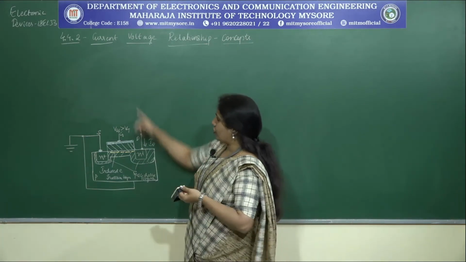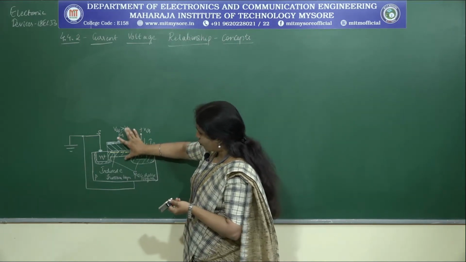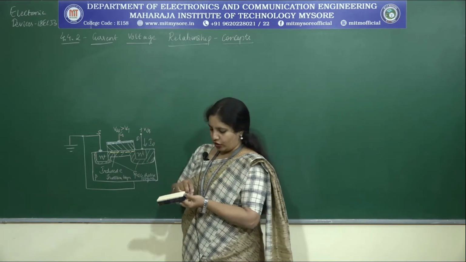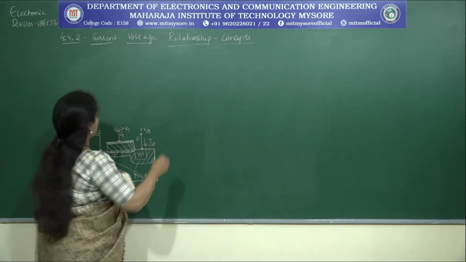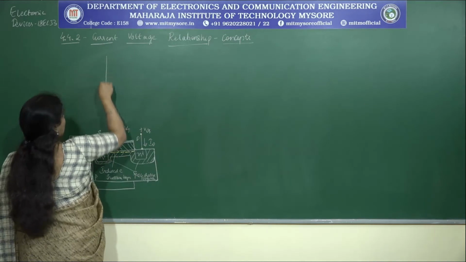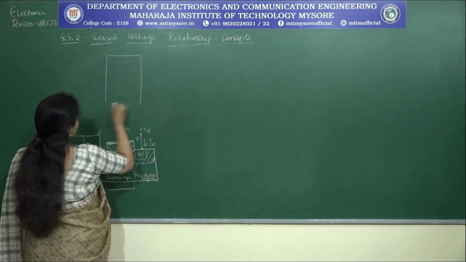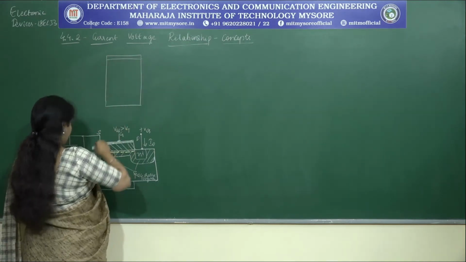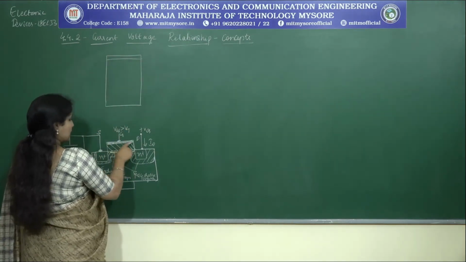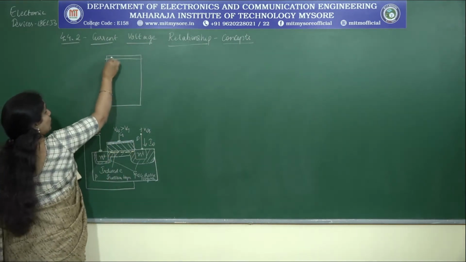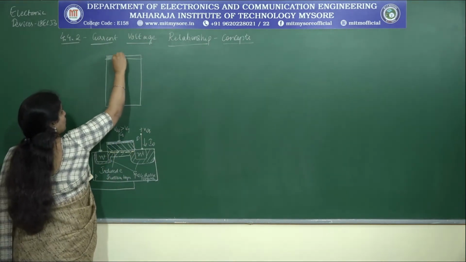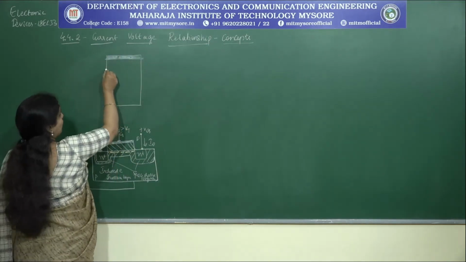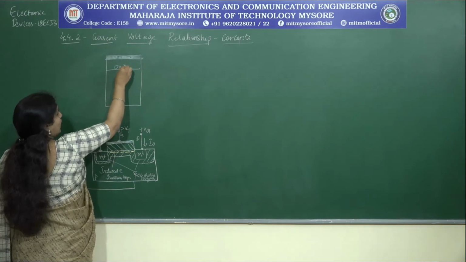Now for this condition, let me showcase only this portion. Only this portion will be considered for the upcoming figures, so only that I will be representing right here. That is why I have retained the diagram, to make you understand. So what is it that we have? We have a metal layer. This is the metal layer that I am trying to plot right now. Under the metal layer, what do we have? An oxide layer. This is the oxide.